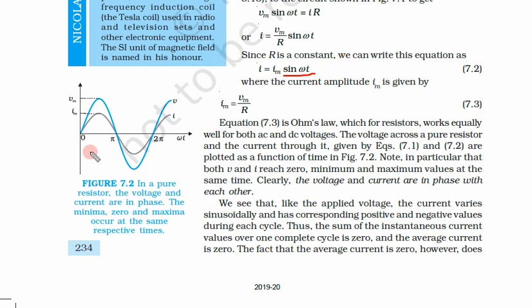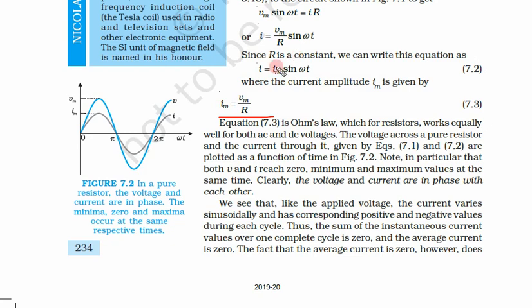Now let us see it here. So what is the meaning of this? The maximum current depends on the resistance. Suppose Vm is equal to 2 volt, maximum voltage, and R is equal to 2 ohm. So I maximum will be 1 ampere. If V maximum is 2 volt and R is, let us say, 1 ohm, then I maximum will be 2 ampere. So this I maximum value depends on the resistance of the circuit.